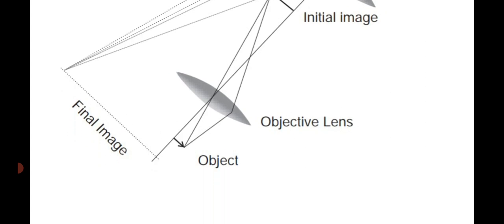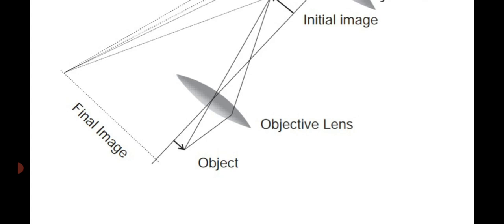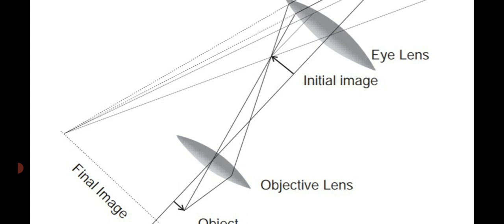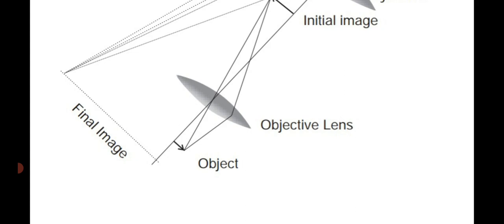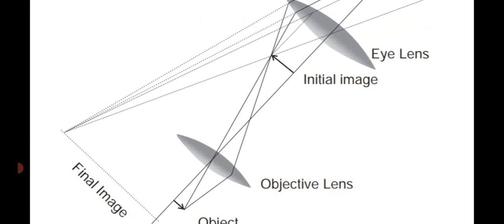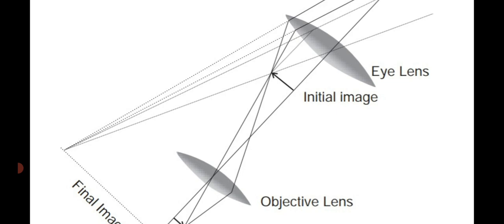At the base, it is said to be the objective lens. The object is placed at the base of the objective lens. It produces the secondary magnification, which is a virtual and inverted image. So the initial image is very small. See the final image, it will be very magnified, that is larger in size. So with the help of the bright field microscope, we are able to see the object in a larger size.